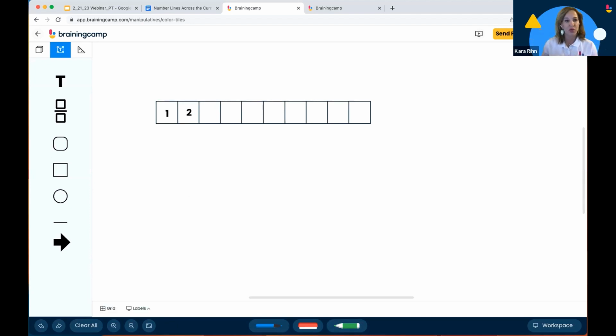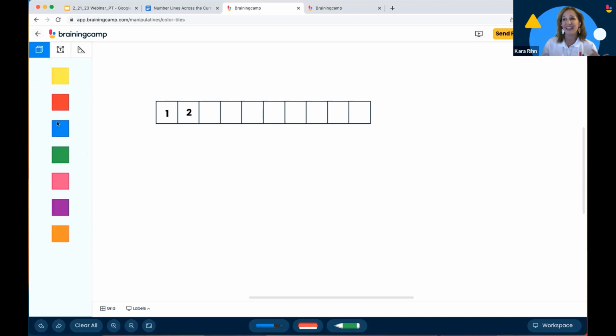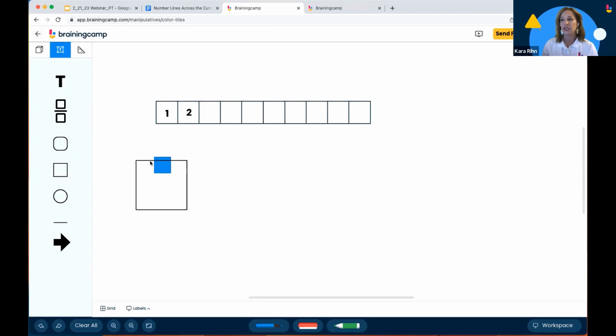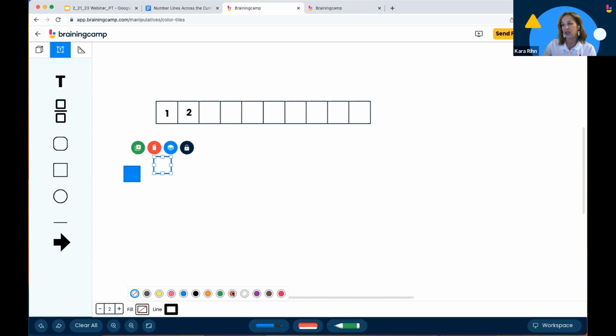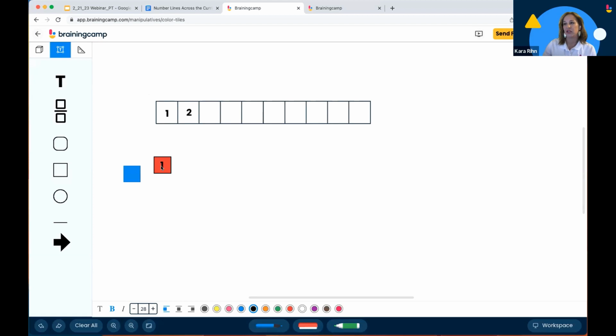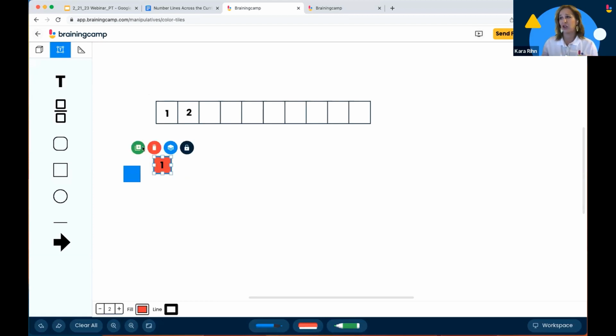Another way you can create a very quick number path is by using whatever tool I'm in. If I want to use this color tile because I want it to match, I want them to be able to work around it. So I'm going to bring out my shape. What you'll notice again is that whatever's selected pops up down here. I'm going to bring that in a little bit, and then move my color tile because now I want to fill this in to be red. And again, I'm just going to copy this and bring this down here. And so now I can very quickly